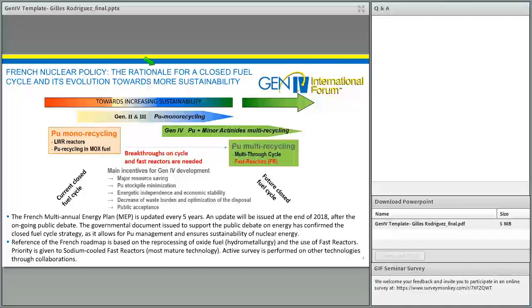So first of all, I would like to show you the rationale for a closed fuel cycle in France. You have to keep in mind that the trend in France is to move from plutonium mono-recycling to plutonium multi-recycling systems. With Gen 2 or mainly Gen 3 systems, you can make some plutonium mono-recycling, like in light water reactors. To move to a plutonium multi-recycling system, you need to incorporate fast reactors into your system. So we want to move from a current closed fuel cycle with only mono-recycling, to a future closed fuel cycle with multi-recycling of plutonium, to consider plutonium as a valuable material and not as a